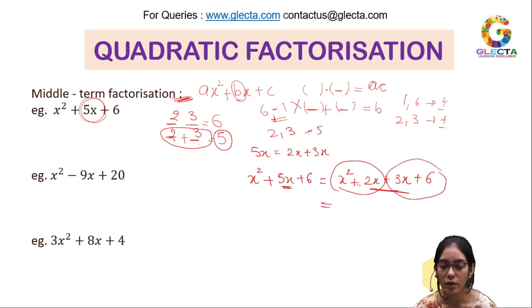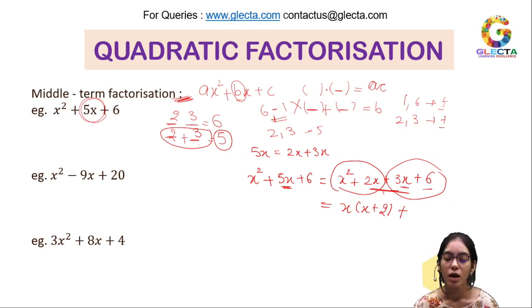So we'll work with the first two terms and the last two terms. Find out what is common in x square plus 2x. What can be factored out? Only x. So this will be x into x plus 2, plus again, what can we factor out from 3x plus 6? Here there is no variable in 6, so x cannot be taken out. We can work on the numbers. The number here is 3 and here is 6, so obviously we can factor out 3. So if we factor out 3, it will be 3 into x plus 2.